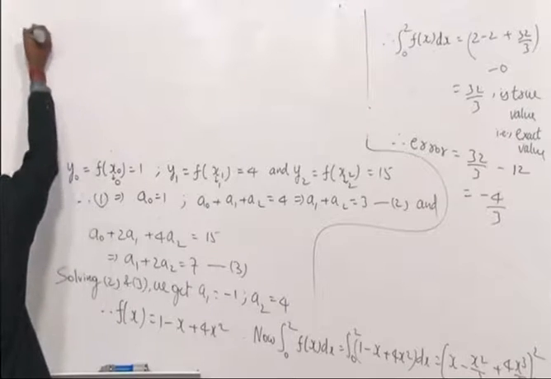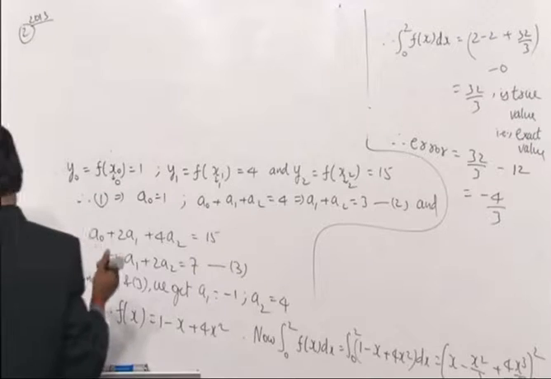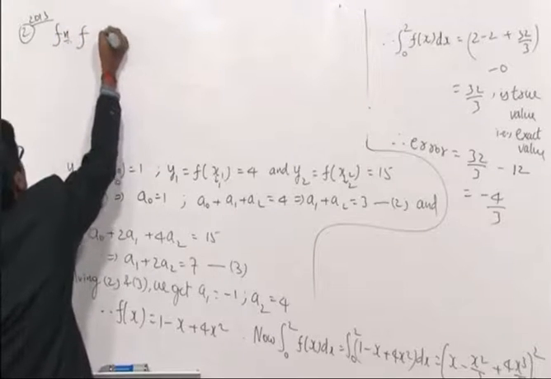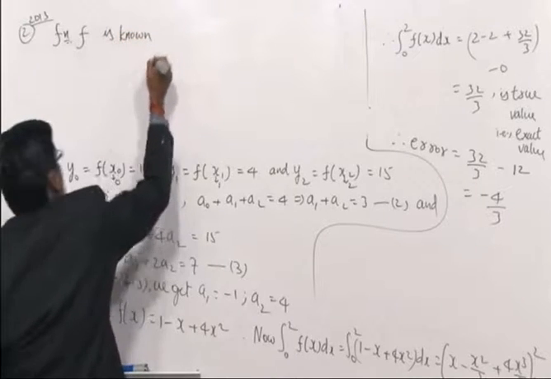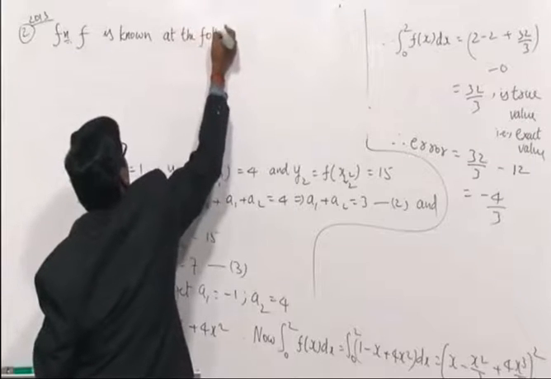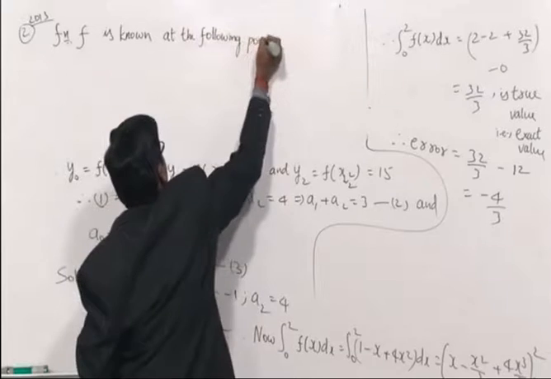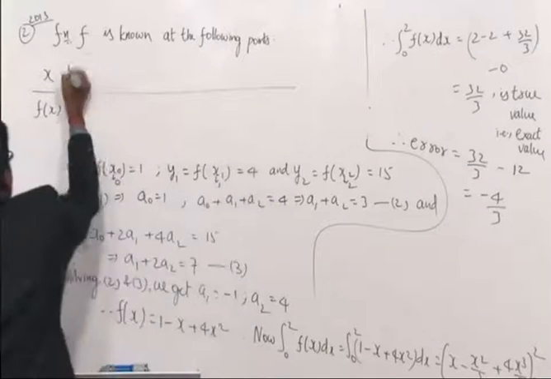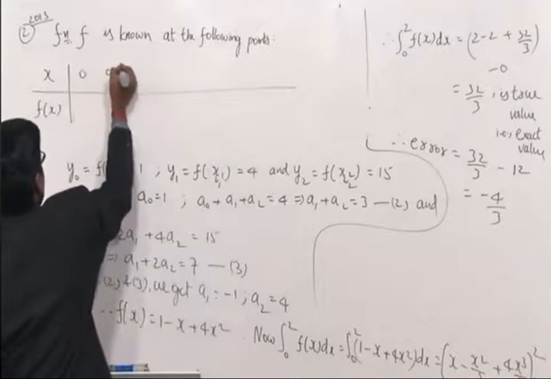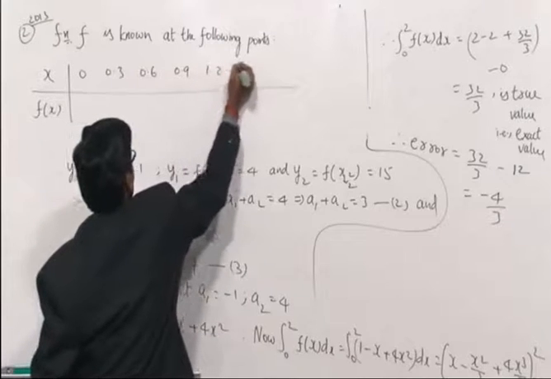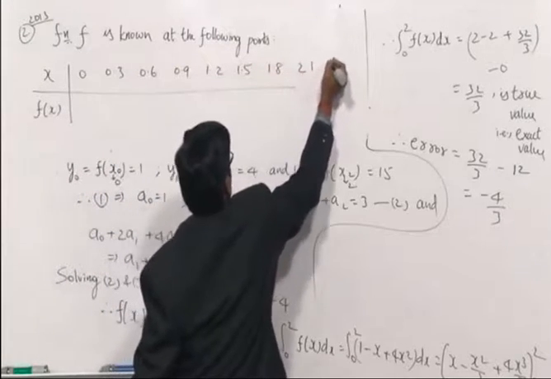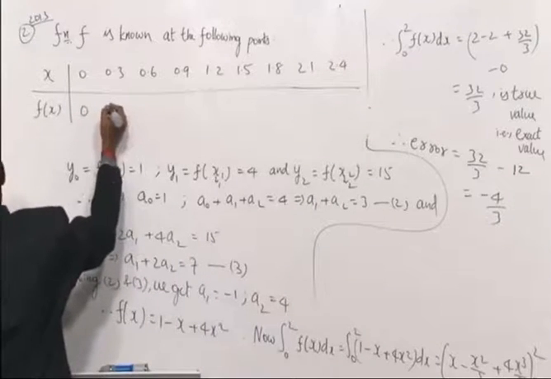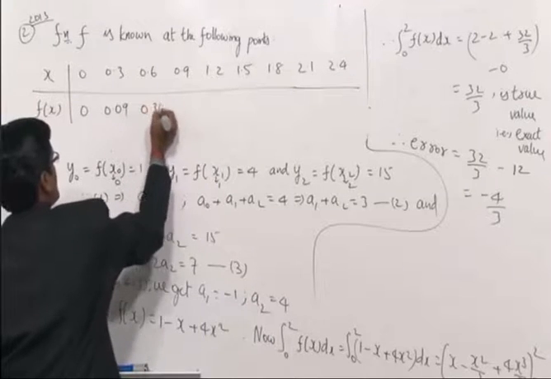So with the above, only using the trapezoidal rule, 2 marks, given in 2013, with the data given without evaluating f of x. The function f is known at the following points: one row is the x value, the other row is f of x. The x values are 0, 0.3, 0.6, 0.9, 1.2, 1.5, 1.8, 2.1, 2.4, 2.7, 3.0, whose f values are obtained here: 0, 0.09, 0.36, 0.81,